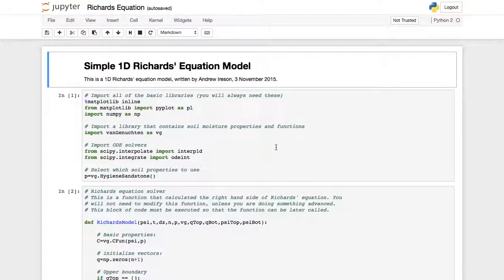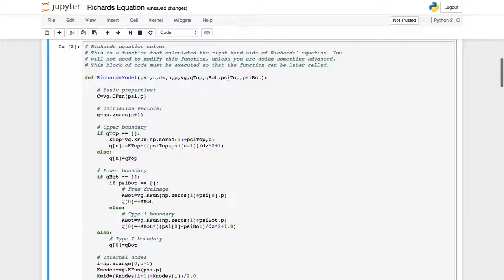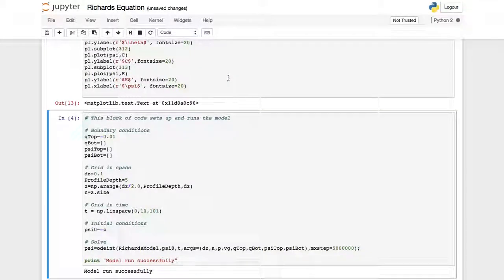Hello, it's Andrew here. This is my one-dimensional Richards equation model from the GitHub repository, and this was written just to demonstrate how you can solve a very simple Richards equation using Python. To quickly run through it,